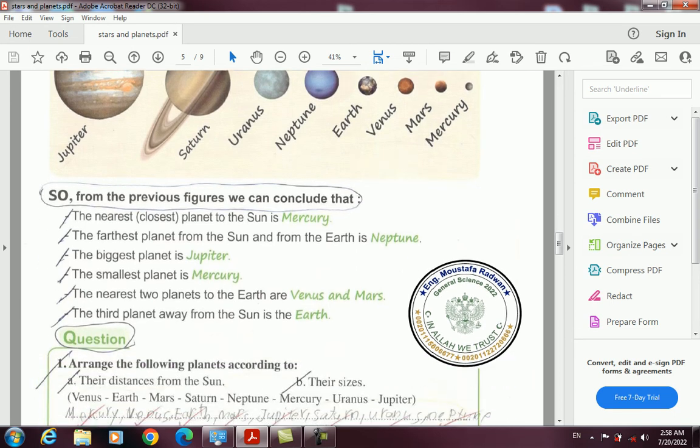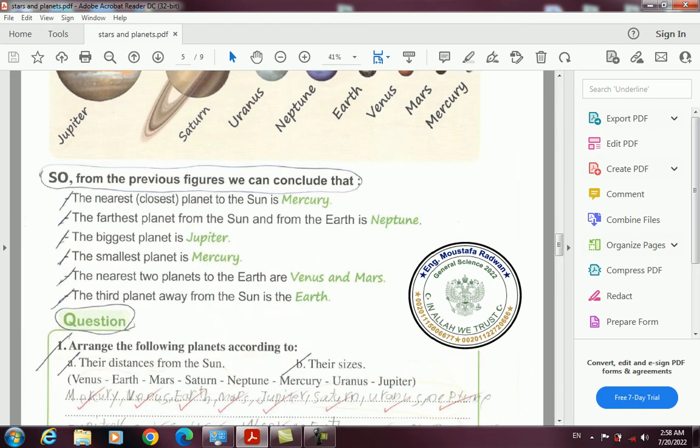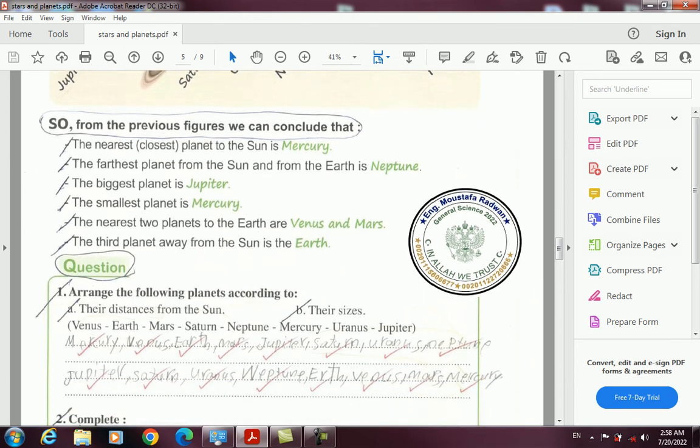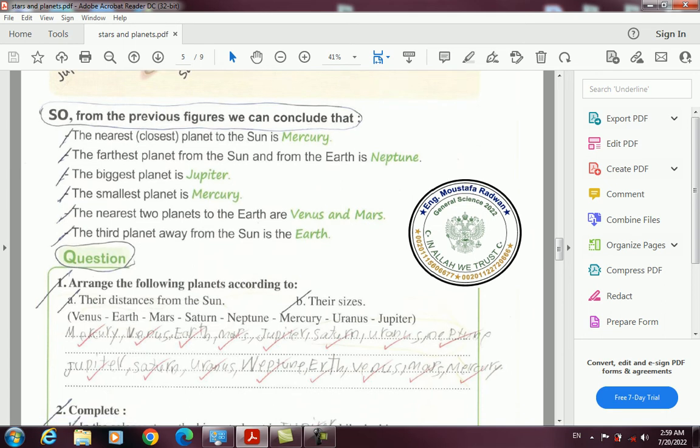Now for a refreshing question. Arrange the following planets according to, letter A, the first requirement, their distance from the sun, and the second one, their sizes. We have basically the 8 planets. If we arrange them by their distance from the sun, we start with Mercury, Venus, Earth, Mars, Jupiter, Saturn, Uranus, then Neptune. And if we arrange them according to their sizes, we get Jupiter, Saturn, Uranus, Neptune, Earth, Venus,